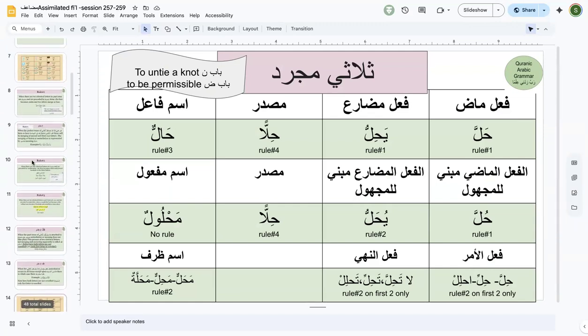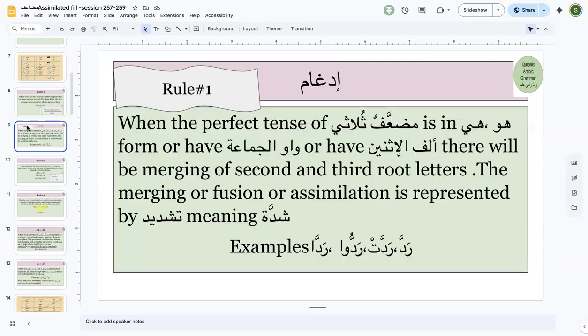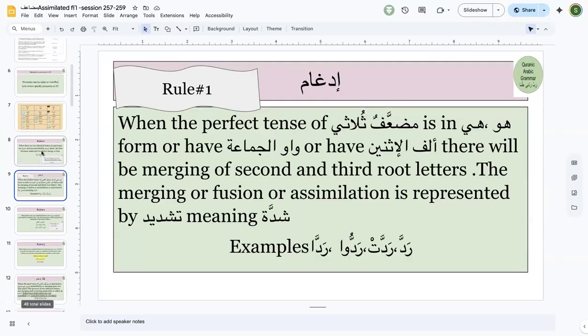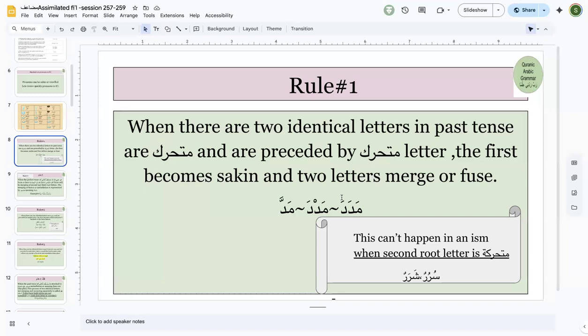Here we have it somewhere. This idgham rule is going to be applied only in case of af'al, but in case of ism, if the second letter is mutaharrik, they will be written separately, right? If the middle letter is mutaharrik, like sururun is not surrun, there is not a possibility. However, if I tell you it was on a pattern of fu'ulun with ainul kalima sakin without any haraka, will idgham be possible?